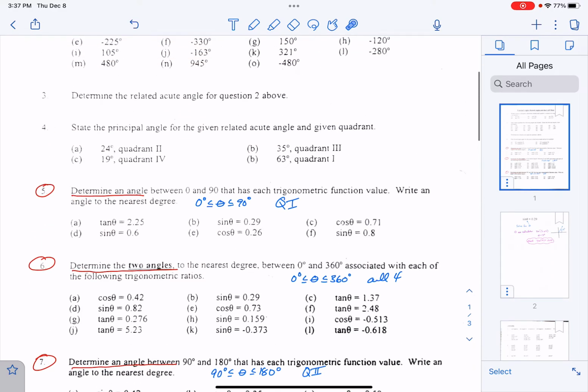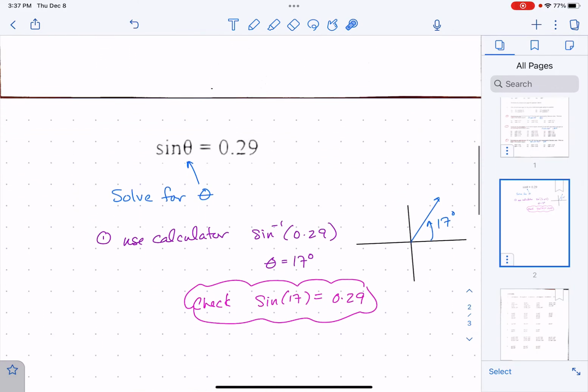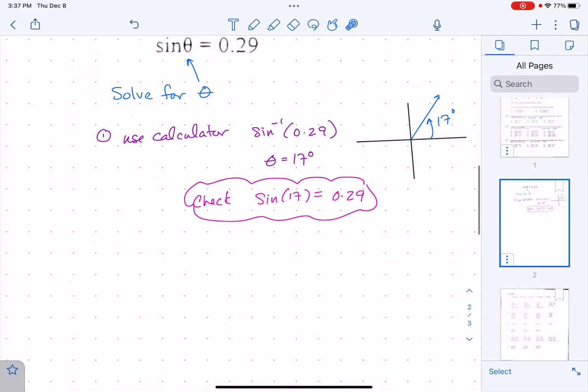Now, what if I happen to use this exact question, here it is right here. What if that exact same question was number 6 though? And they allowed me to have answers that took all 4 quadrants into my answer solution. So if I'm allowed to go beyond quadrant 1 in my answers, then I'm going to think to myself, well, where else